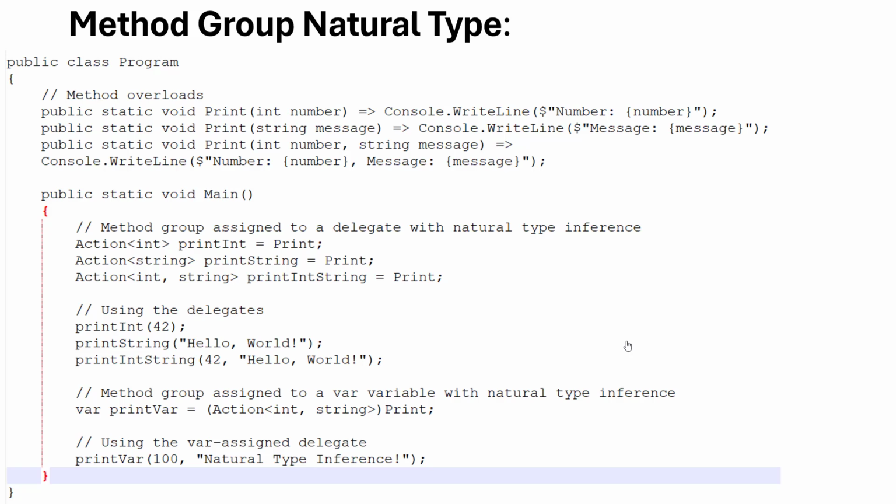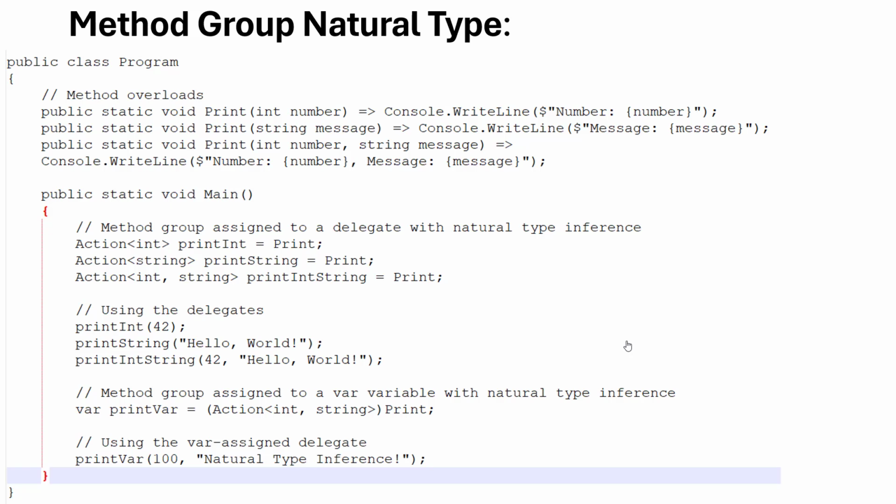And here we are using the delegates. These delegates are invoked with appropriate arguments. So you can see print 42, hello world, and 42 with hello world. So that is print string and print int by using the delegate. So we just call the print method through the delegate, and the delegates have the types Action of int, string, and int and string. Okay, so the delegates are invoked with the appropriate arguments, demonstrating that the correct method